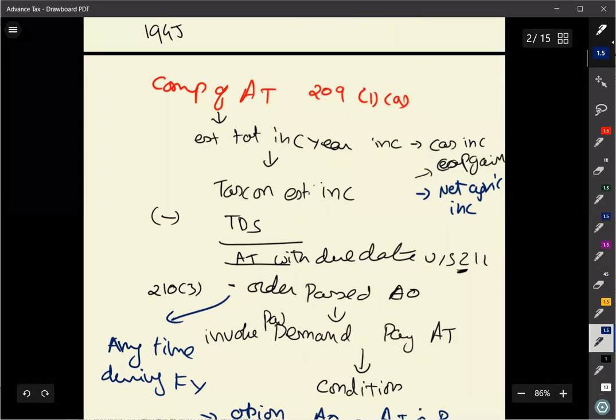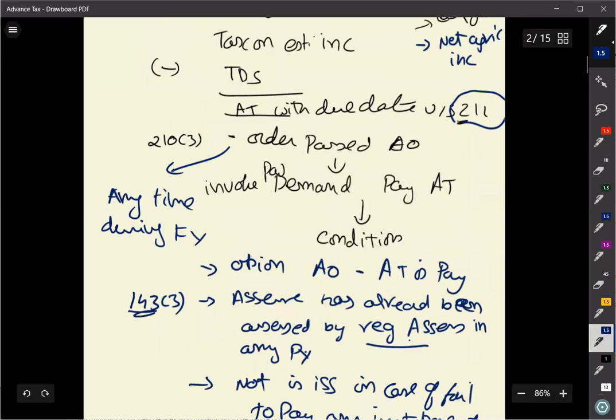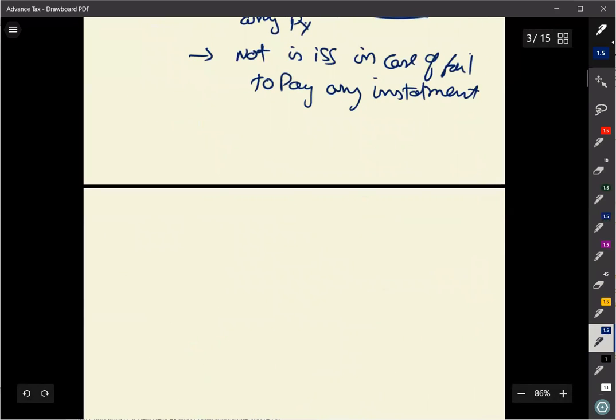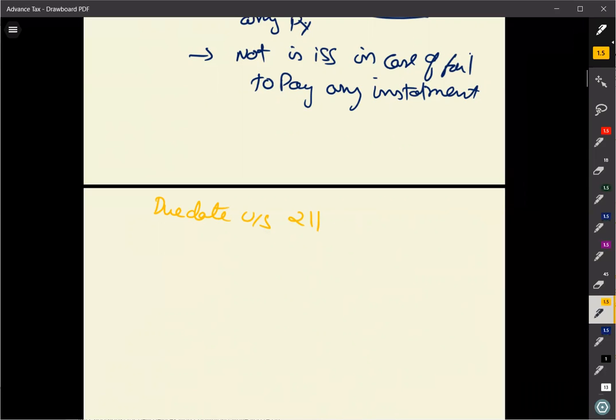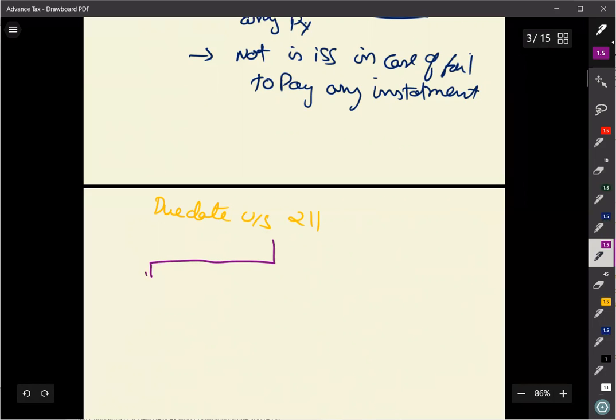Now, what are the due dates under section 211? Let us see. Due date under section 211. As I said earlier, we'll be having 4 different due dates. Now, these due dates have been revised. Here the section says that